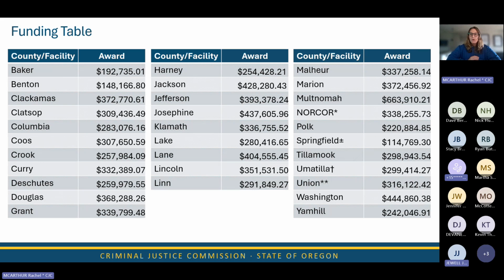Yes, I can. I was just wondering, with facilities that have contract beds, are those numbers attributed to the agency that houses those contracted people or the individual agency that sends the people out? Yeah, so that's a great question. We actually got this question when we were doing this. So we use data that was provided to us from